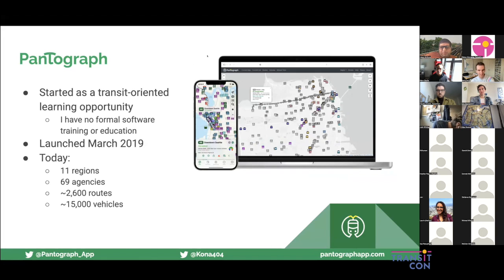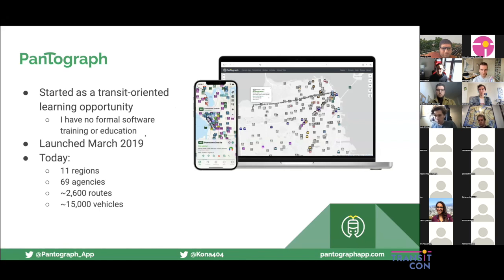And so when I realized that those feeds could be used to create essentially a dispatch-like view, you know, like you're sitting in a control room and seeing the big picture of where all the buses are and what they're doing, that gave me what I needed to get going. So I had, at the time, no real experience with software development, but I needed to be able to make what I was trying to see. So this also became a way that I learned how to write code and that sort of thing, because I needed to be able to make an application.